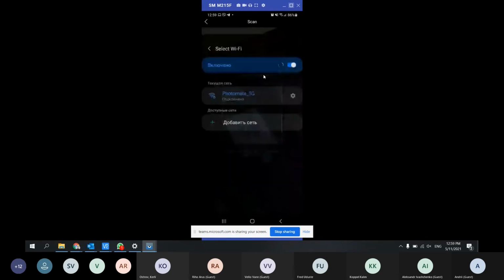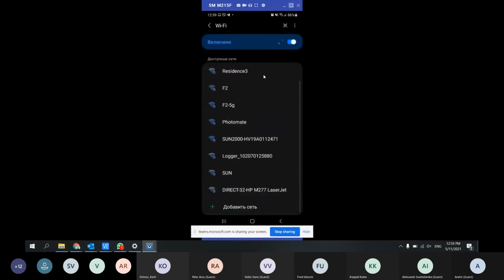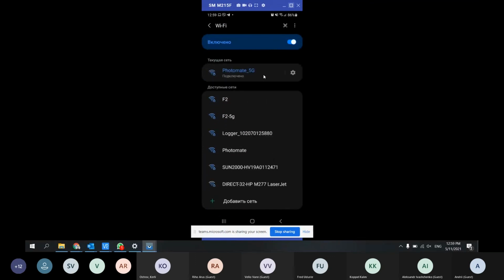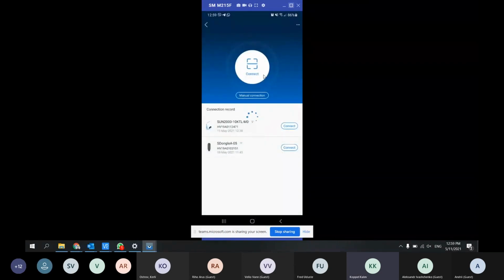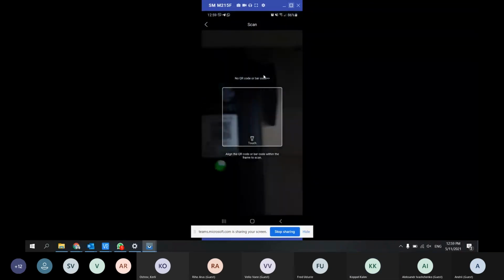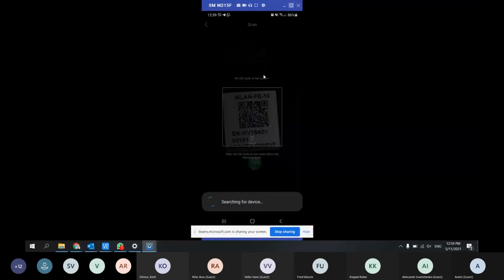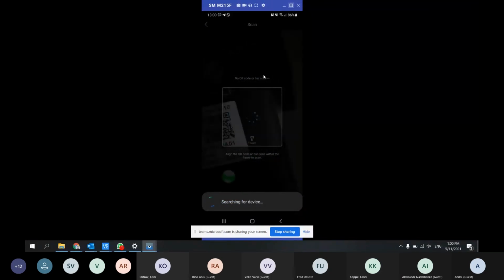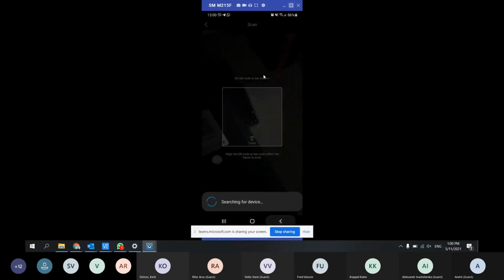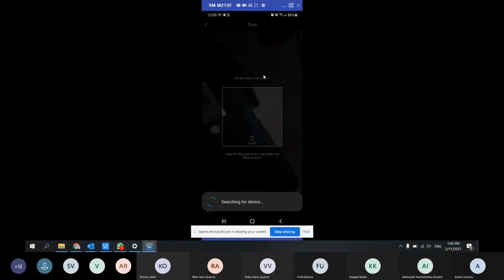Okay, it says that it's not possible to connect to the dongle. I honestly don't know why. Apologize for this misunderstanding. Okay, this is real life. Sometimes upgrading the dongle is quite complicated. The problem I see is that the network is available, but I cannot connect to it.